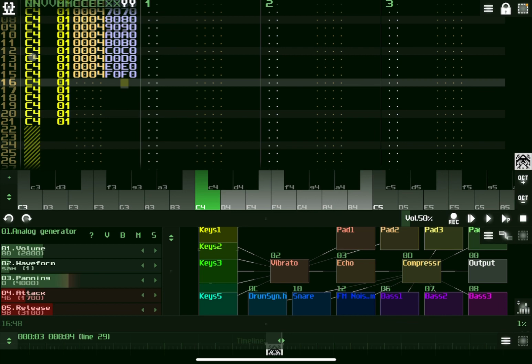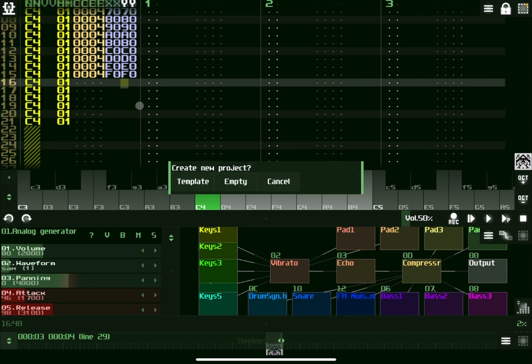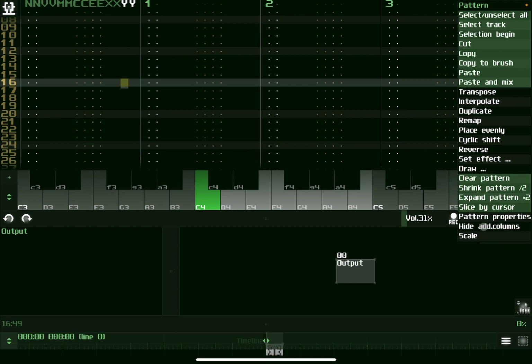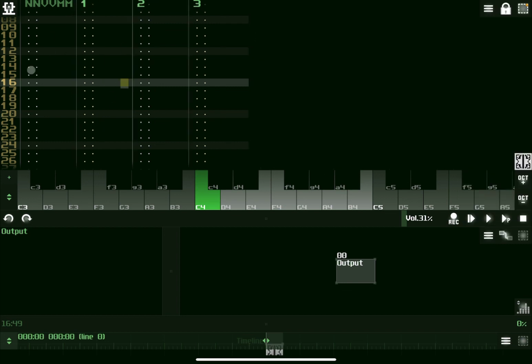Okay, we go to the menu, we select a new project, and we click on empty. So we have an empty project. Now, when you turn on SunVox the first time, you might not see all these columns per track. What you might see is something more like this, where there are fewer columns. As you can see at the top, you have two Ns: the first N is for the note, the second is for the octave, then you have two values for the velocity, and then you have two values